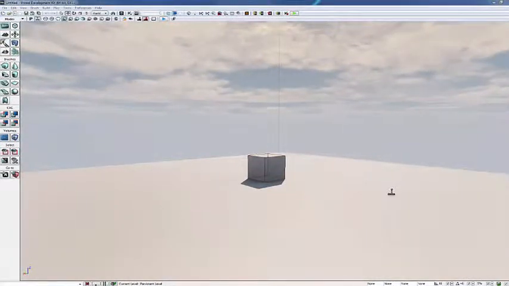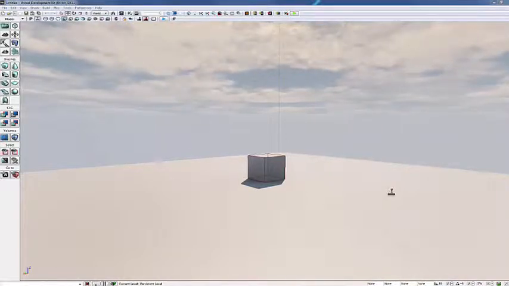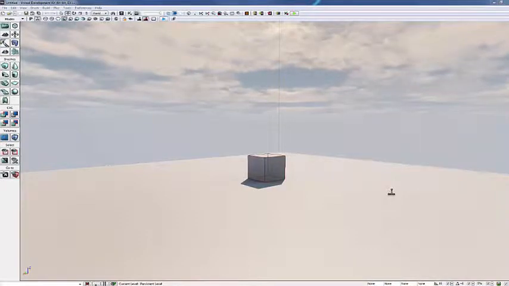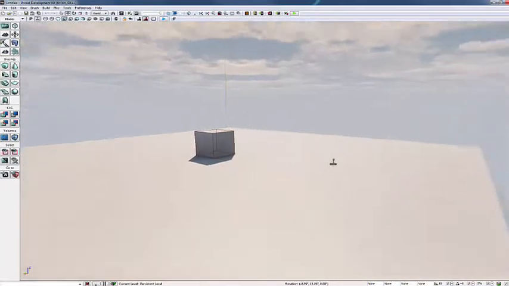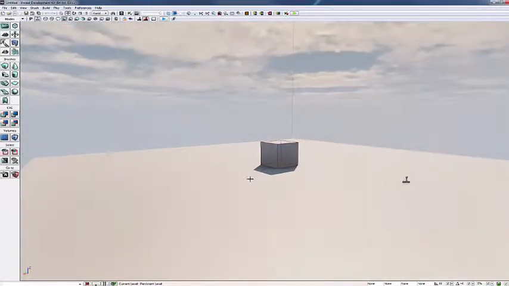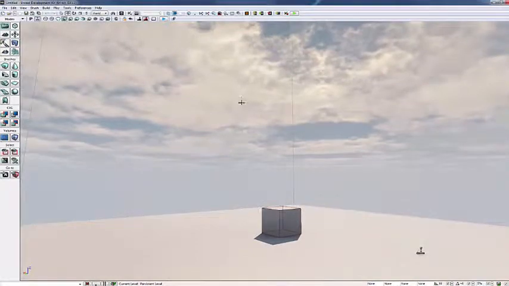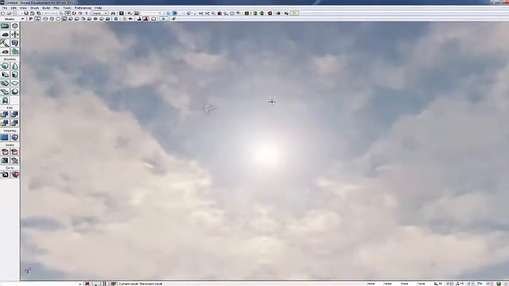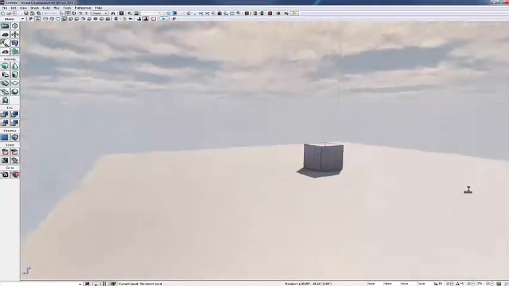In this lesson, I will show you how to navigate around the UDK as well as go into some of the menu and toolbar options that are commonly used. When you first open up the UDK, you will come across a screen that looks similar to this. You've got a box at the bottom which you can walk around on, and they've given you a box in the middle. You've also got a sky that pans nicely and a sun and all sorts of other little options